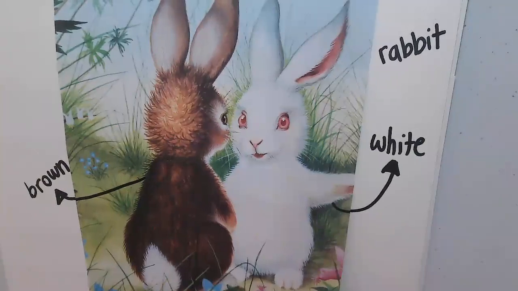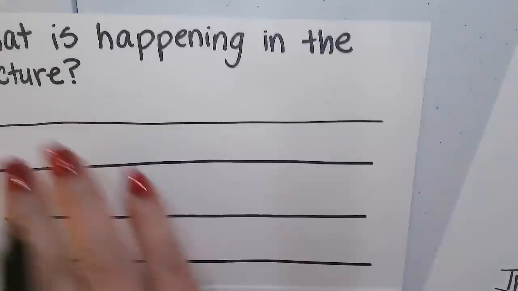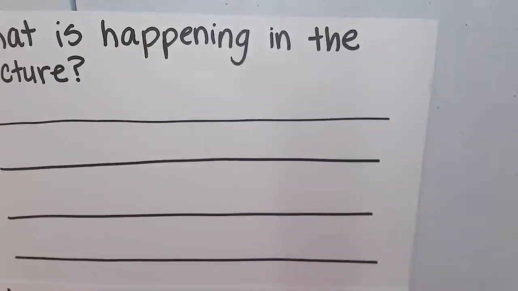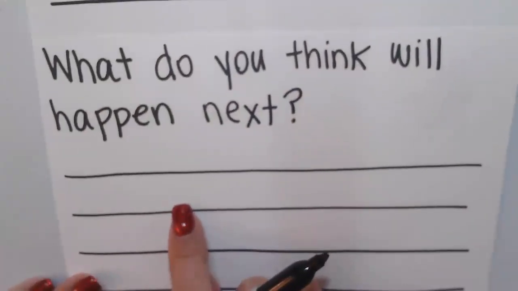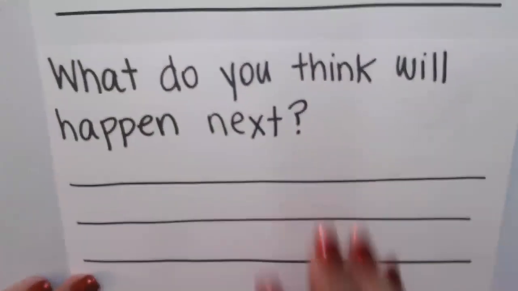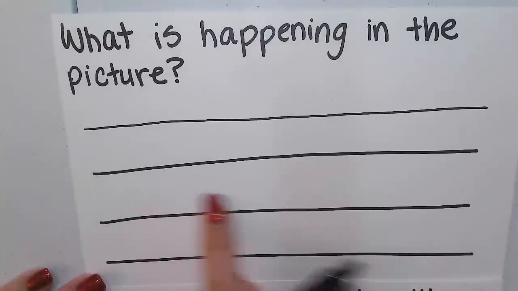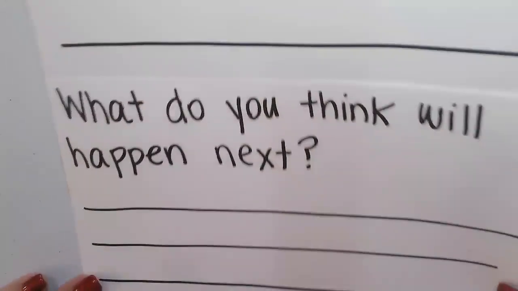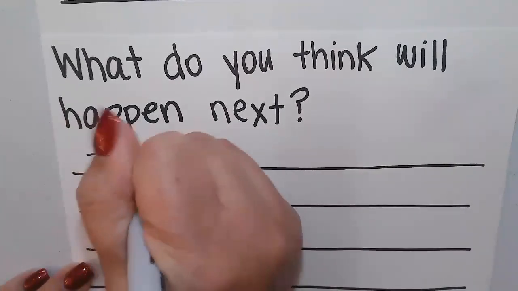Excellent. So now here, I want you to write on the bottom half. On the top half, you wrote what is happening in the picture. And in the bottom half, I want you to write, what do you think will happen next? I think for mine, so remember at the top for mine, I wrote the brown fuzzy rabbit is listening to the white fuzzy rabbit. I think next, I think